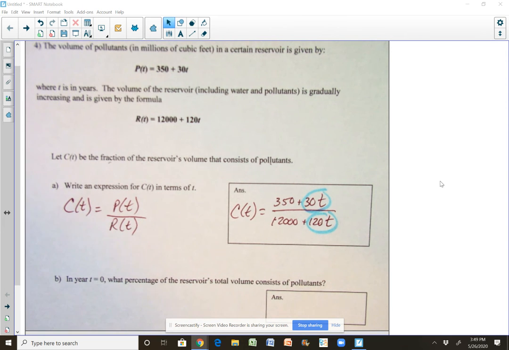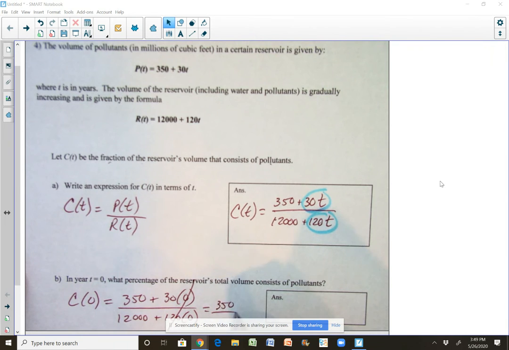That's going to help us when we get to some of the other questions later. In the first question, it says, what's C of 0 at time t equals 0? So C of 0 would just be 350 plus 30 times 0 over 12,000 plus 120 times 0. These are just 0, so it's going to cancel out. It's 350 over 12,000. So C of 0, which by the way is also the y-intercept,